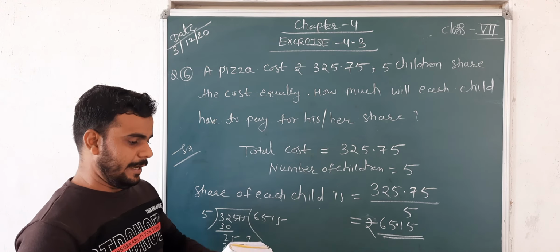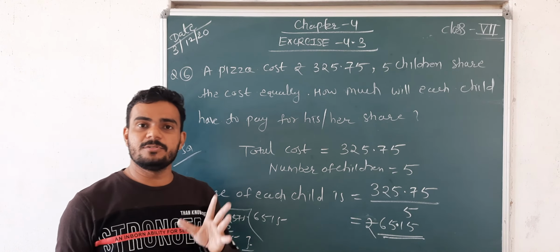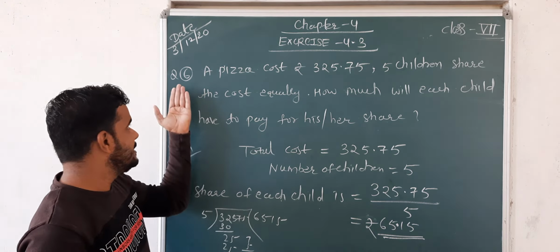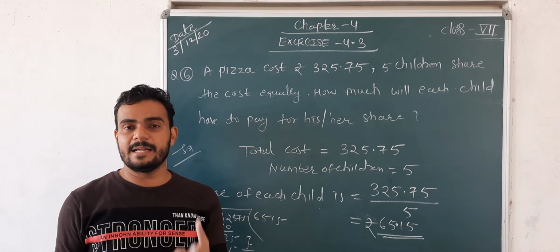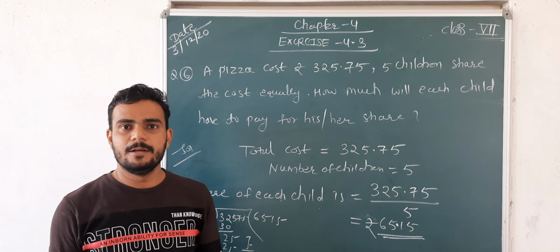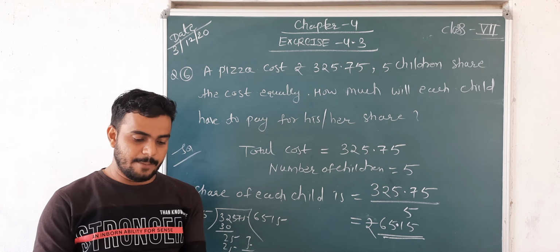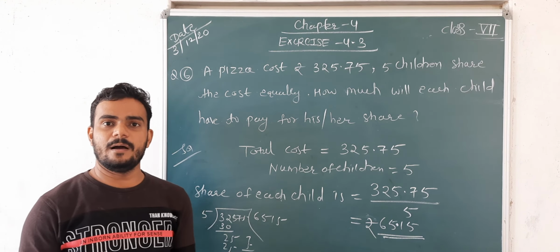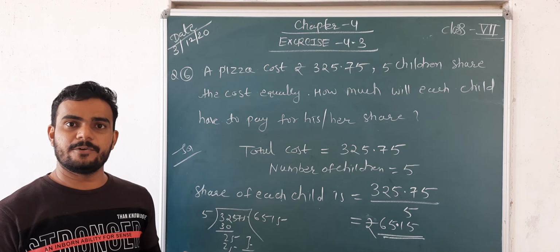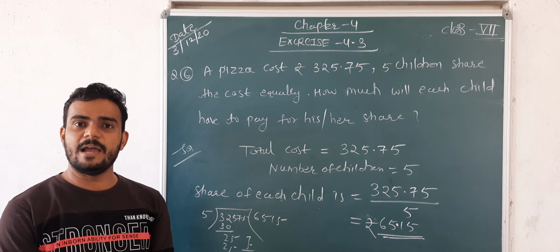Okay, so exercise 4.3 is based on the division of decimals. Decimal की division को बेस थी 6 तक मैंने करवा दिया, बाकी rest 7 and 8 is your homework. Like this only you have to divide. Okay, so now exercise 4.3 is completed. In the next class we will start exercise 4.4. Okay, so take the screenshot and write it in the notebook. Thank you. And if you have any doubt then you can ask.